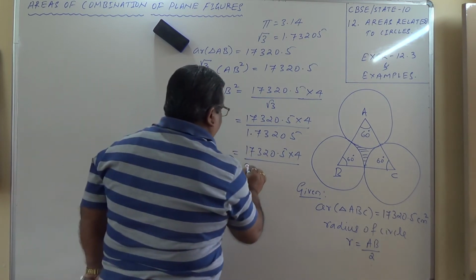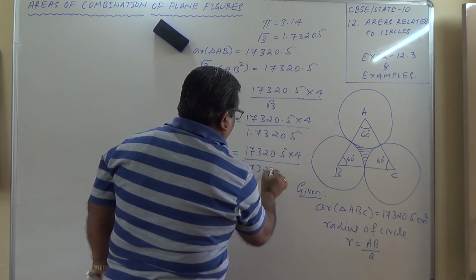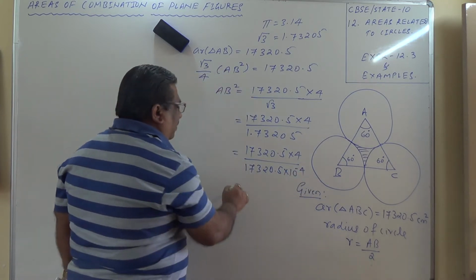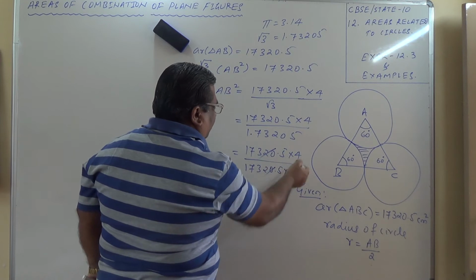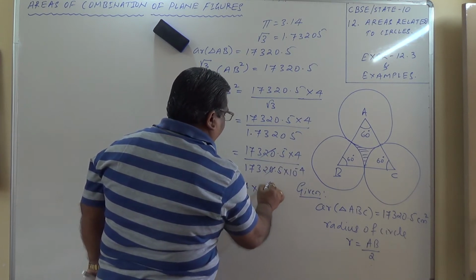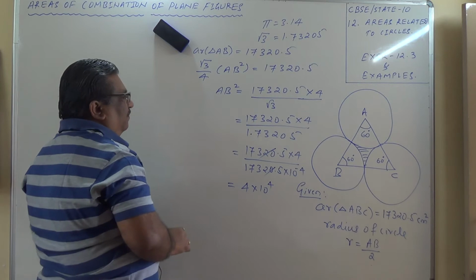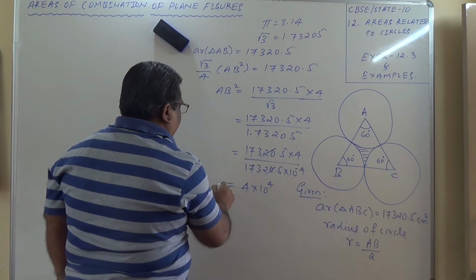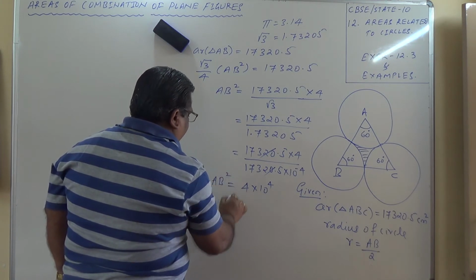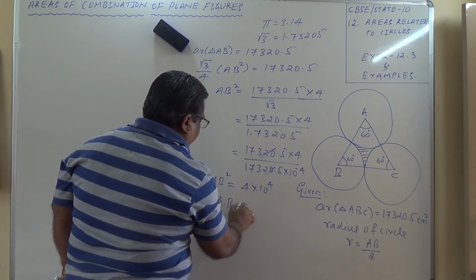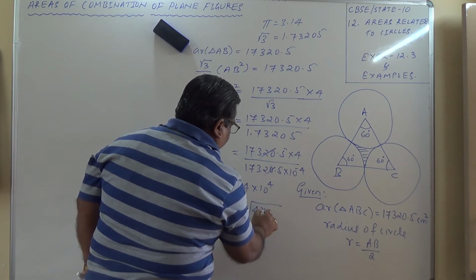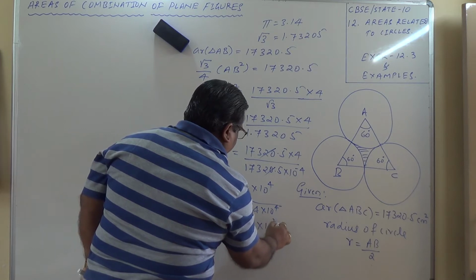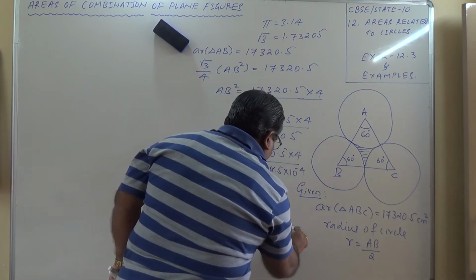So this is here: 17320.5 into 10 to the power minus 4, which is equal to, this will cancel, 4 into 10 to the power 4. Is it right? So 4 into 10 to the power 4. So this is AB square, and therefore AB is equal to under root of 4 into 10 to the power 4, which is 2 into 10 to the power 2, which is 200